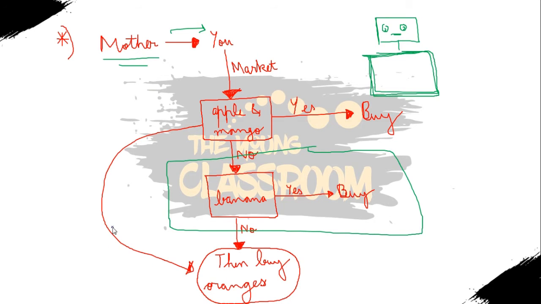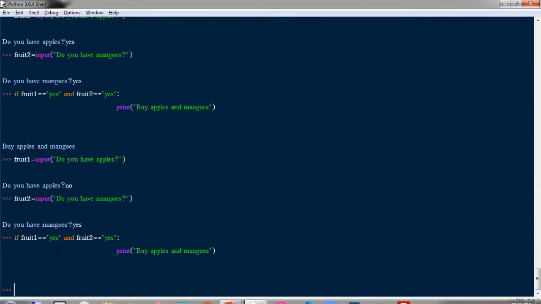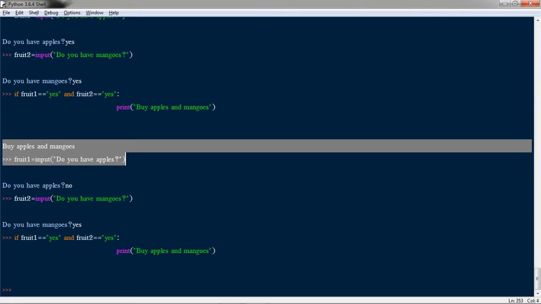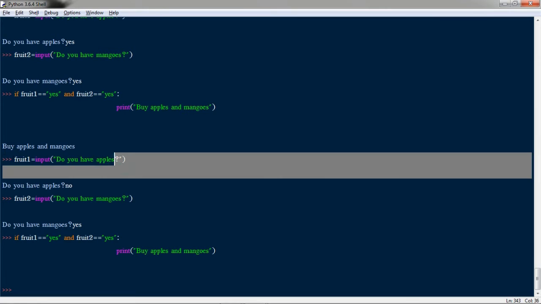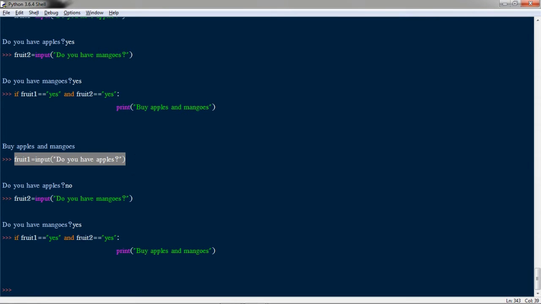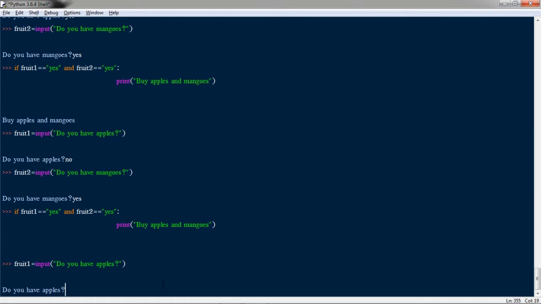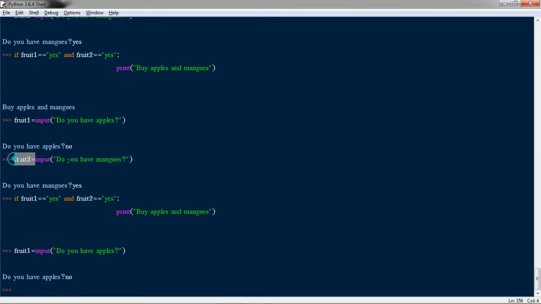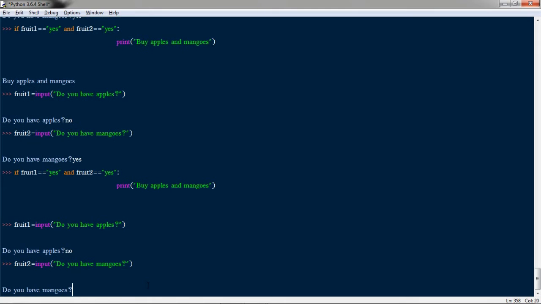Let us see what we can do. First, I'll again ask for input, Control C, Control V. Let's say the shopkeeper says that he doesn't have apples. Now I'll ask for mangoes, Control C, Control V. Let's say he says yes, I have mangoes.